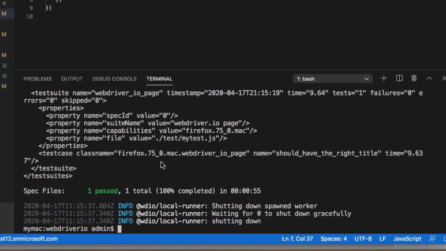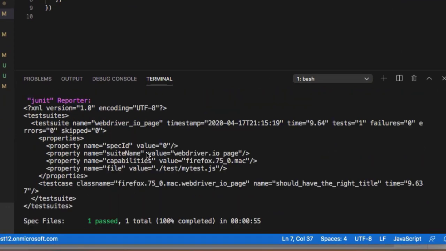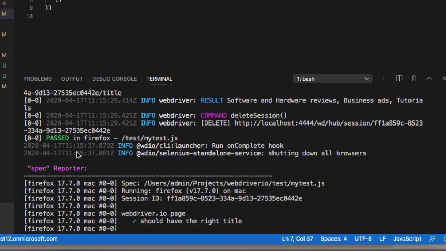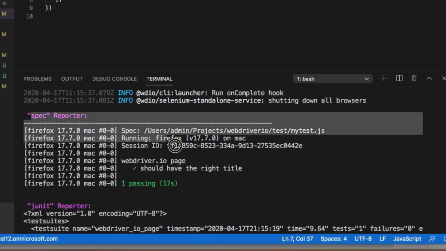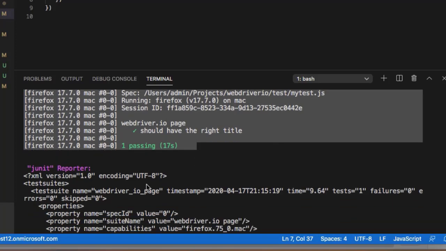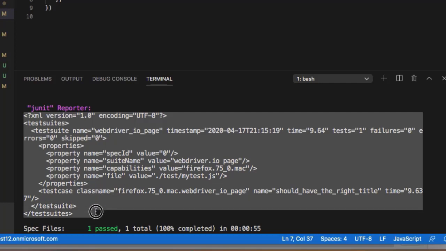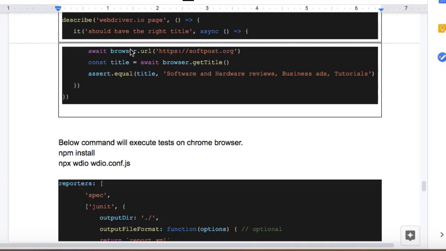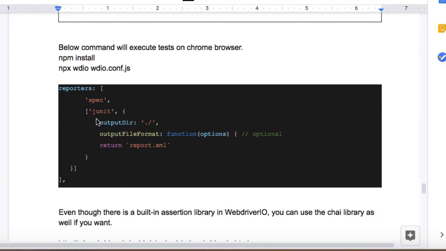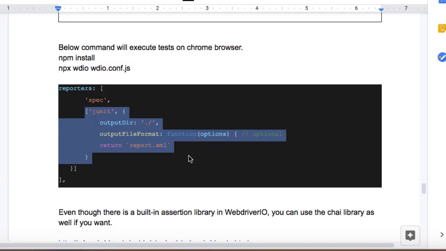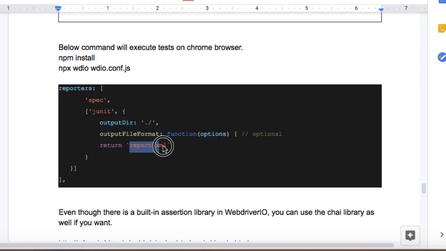Alright, the test execution is finished now. As you can see, one test has passed, and since we had given the JUnit reporter as well as the spec reporter, the spec reporter will log the report like that, and the JUnit reporter will log the report like that. But in the JUnit case, you may also want to save this report in an XML file, and that configuration is possible. Here is that configuration. That is how you can specify that you want to save this report in report.xml. I'm just going to copy this one,